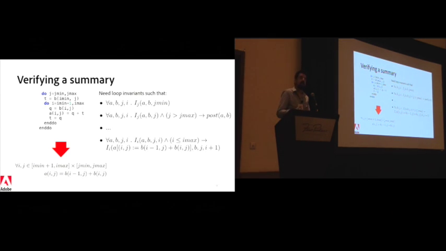To do this kind of proof, we have to have the invariant provided to us. Once we have the invariant, we generate the verification conditions and run them through an SMT solver,